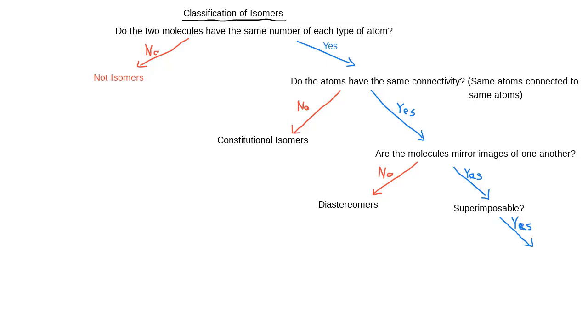Oh, well, they're meso, or they're simply identical, which meso are identical, but there's a distinction between meso and identical compounds, which I'm going to explain in a second. If the answer is no, they're not superimposable, that means they're enantiomers. Okay. So enantiomers,